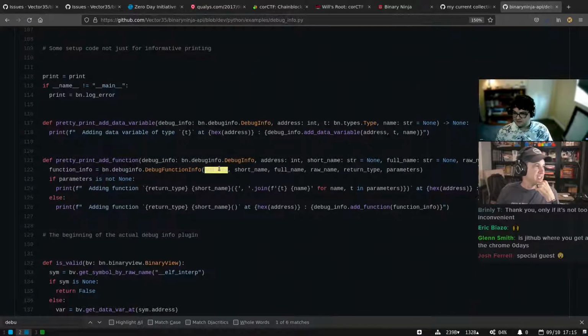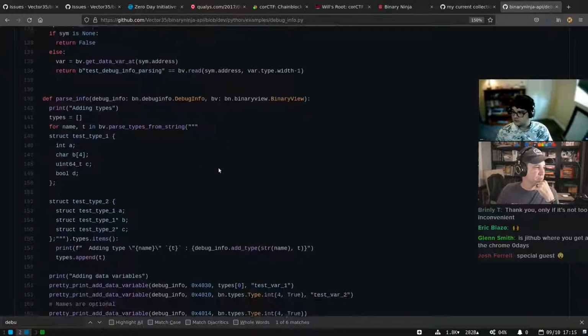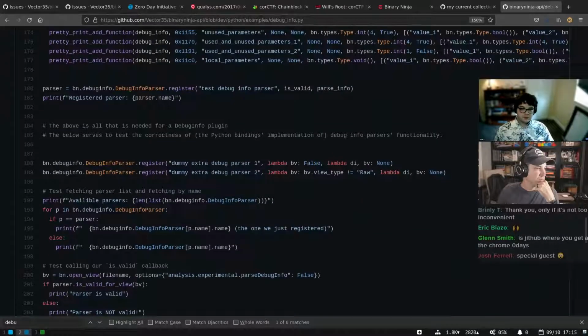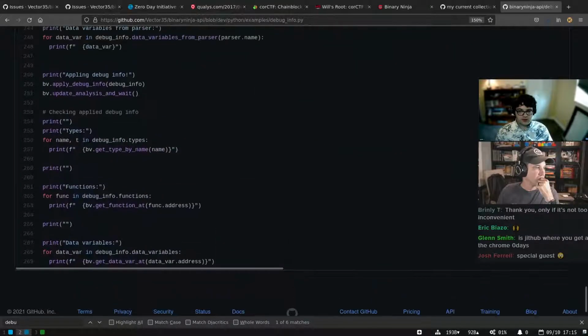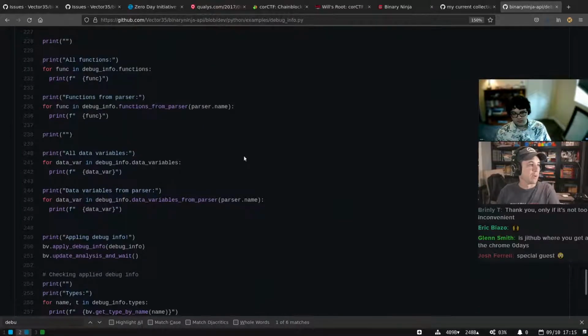Let's just look through this. Do you want to walk me through the structure of a plugin that provides debug info? Yeah, so the basic structure is that you're registering two callbacks. One is whether or not a binary view is valid for your debug info parser. That makes sense. Where you can be given a binary view and say, yes, I can give you some extra info, or no, I can't. Exactly.